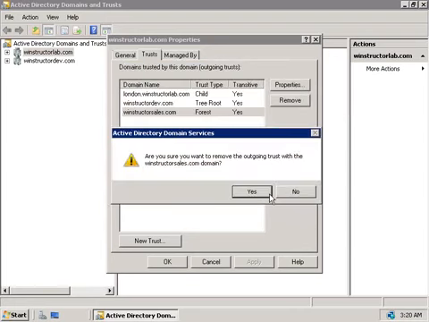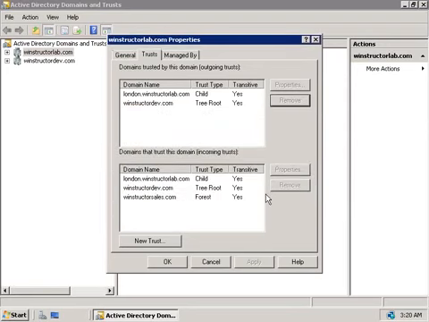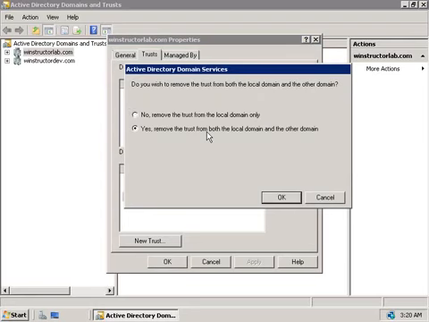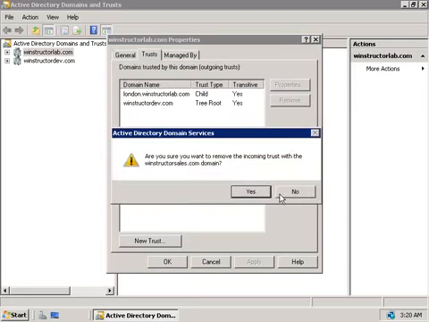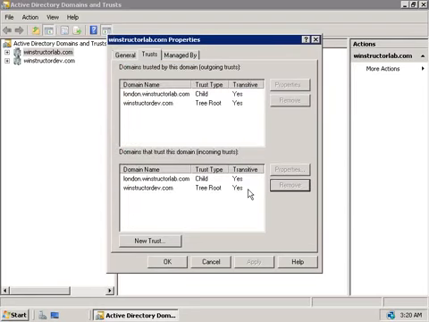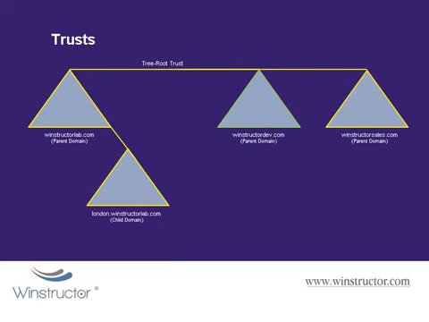So I'm going to select both, and we'll type in the administrator account and the administrator password, and we'll click on OK. Are we sure we're going to remove the trust? Yes, we are. And then we'll need to remove the incoming trust from Winstructor Sales as well, so we'll select that, click Remove, and say yes to remove both, and we'll click on OK.